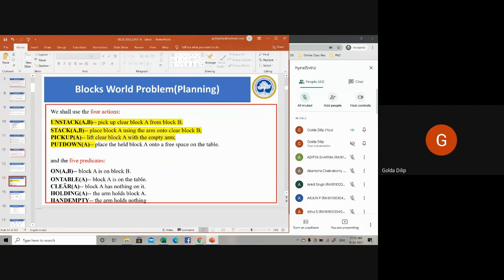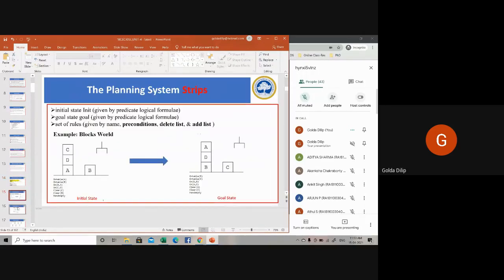So these are the 4 functions, and these are the 5 predicates which we will be using: on(A, B), block A is on top of B; on table A, block A is on table; clear A, there's nothing on top of A; holding A, that is, the robot arm is holding block A; and hand empty, the robot arm is not holding anything.